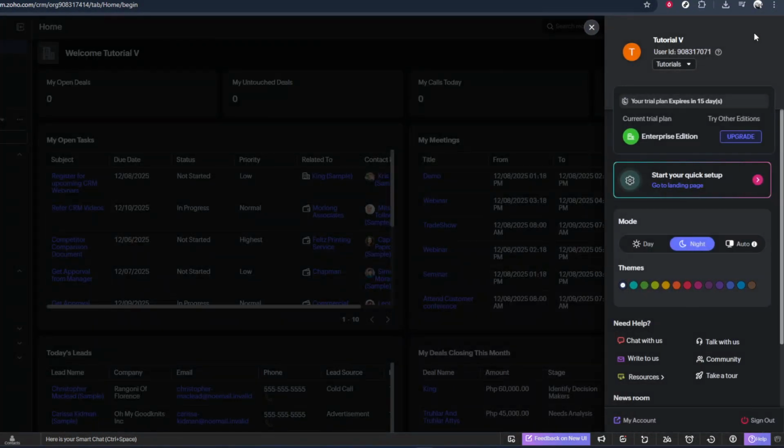If at any point you decide you prefer the original look, you can switch back just as easily. Simply click your profile icon again in the top right corner, open the same menu, and choose the default light option instead of